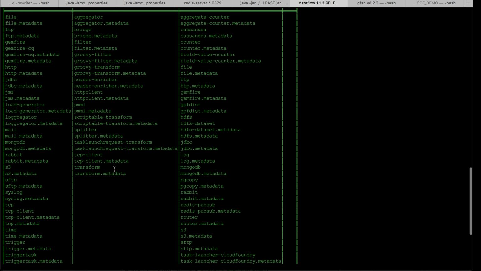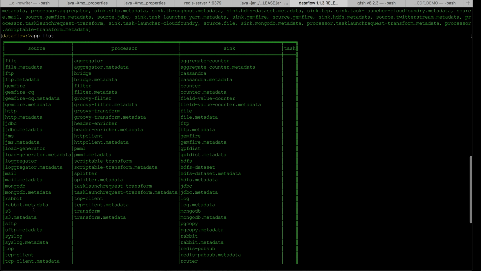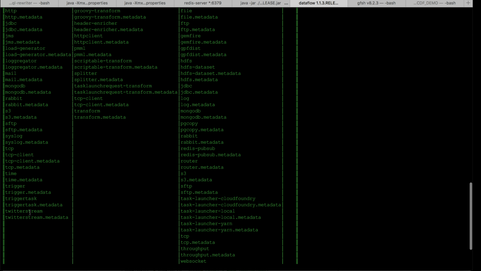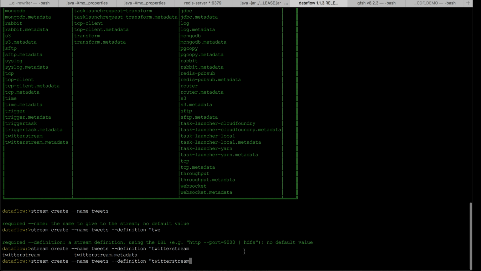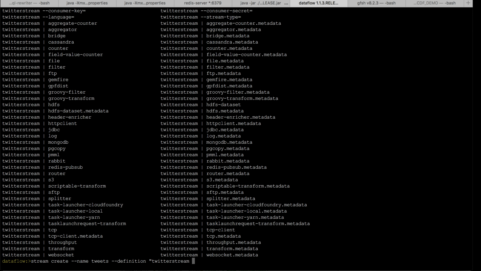This is an out of the box source module, Twitter stream, and land this data that comes from Twitter into log. We have to pass a proper